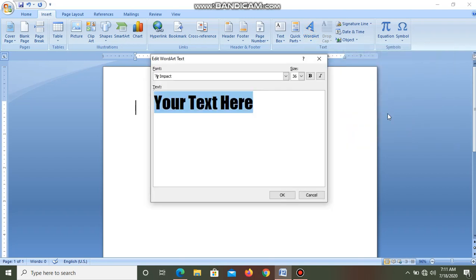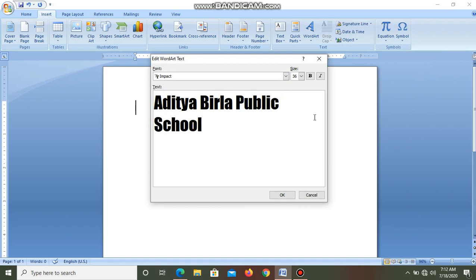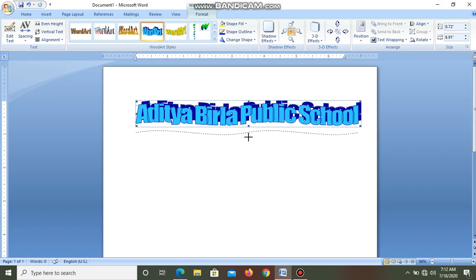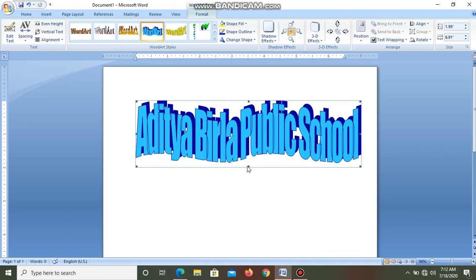Suppose this style I have selected, and type your text here and press OK. If you want to change its size, by pressing and holding the left mouse button, you can increase the size of the word art both horizontally as well as vertically.